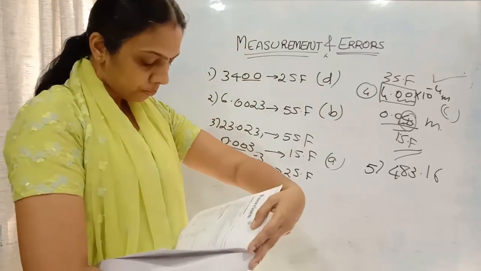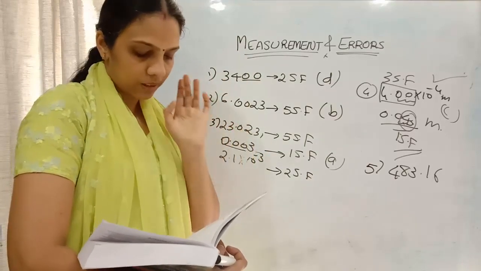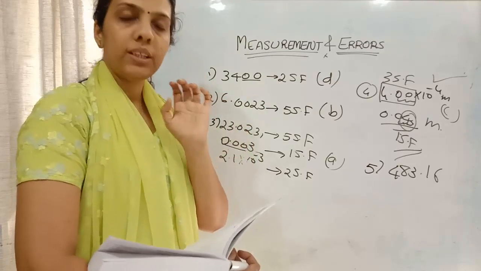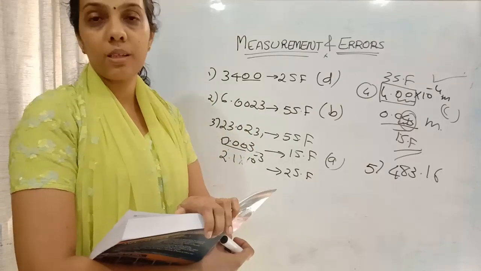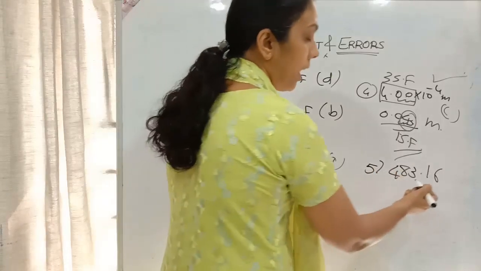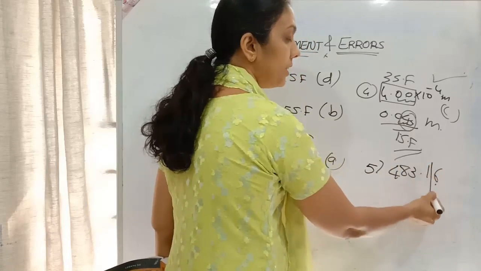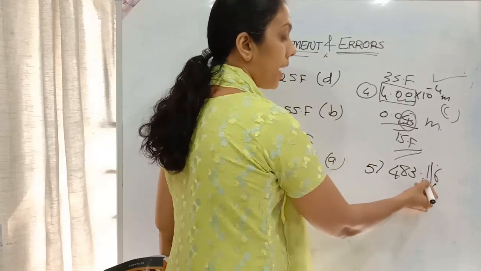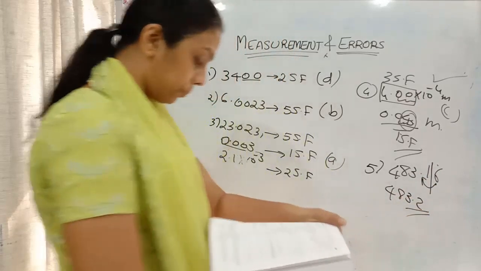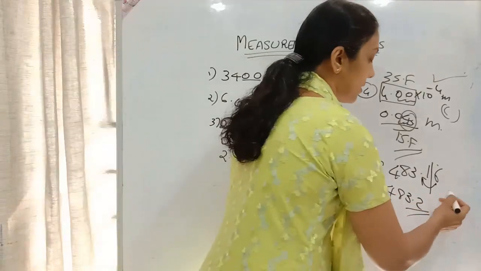Here in our question, it's 525.5, so after the decimal 1 digit, and 10.81 after the decimal 2 digits, 53.15 also after the decimal 2 digits. So the minimum number is 1 digit. So here also we should maintain 1 digit after the decimal point. Since the second digit is more than 5, we can add 1 to the previous number. So the answer will be 483.2. So here the answer is C. Option C is the correct answer.